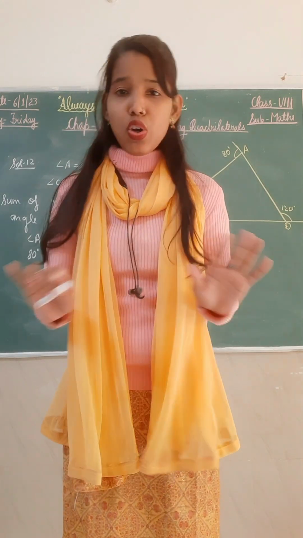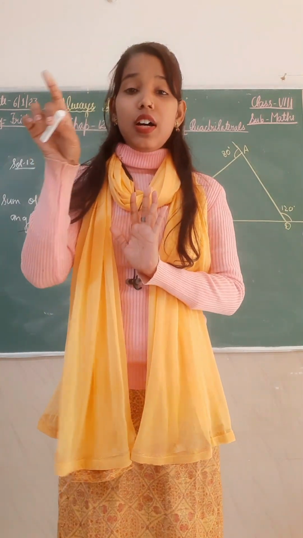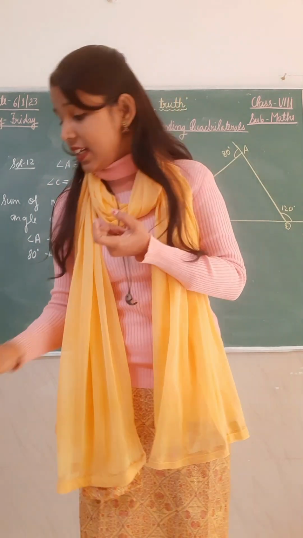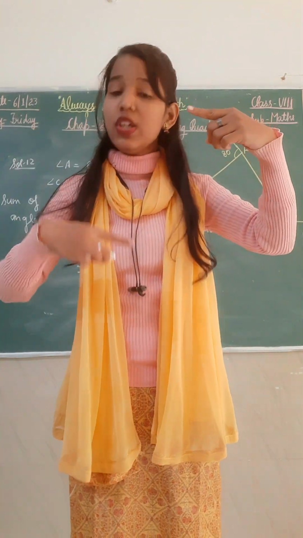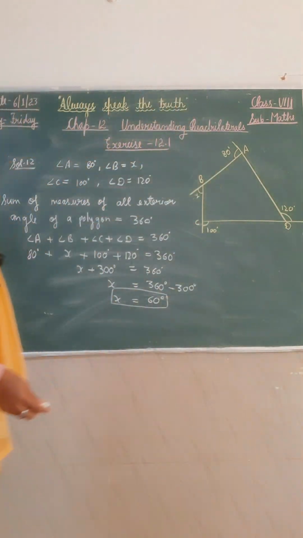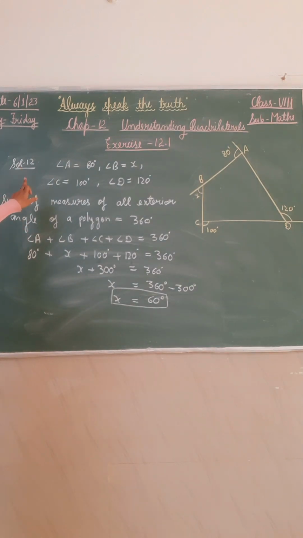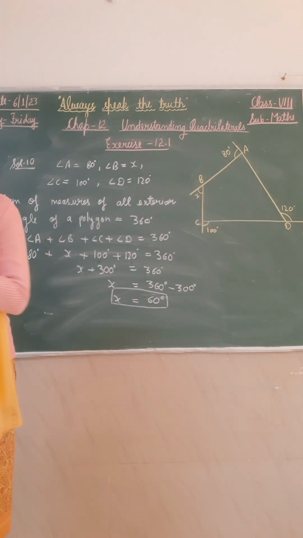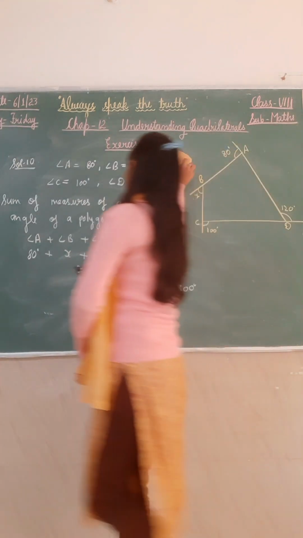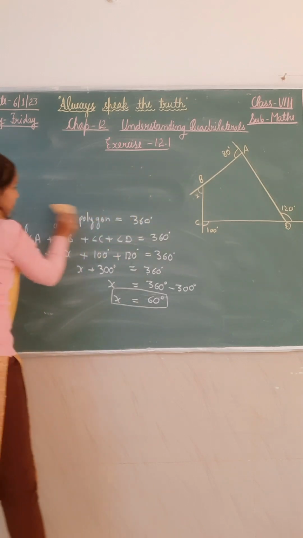Got it? Because we all know the sum of all exterior angles is 360 and each exterior angle is given here, that is 72 degrees. So we will divide 360 by 72, then we will get the number of sides of the polygon. Okay, so write it. Right here, this one was solution number 10. Okay, so write down question number 11 part 3.